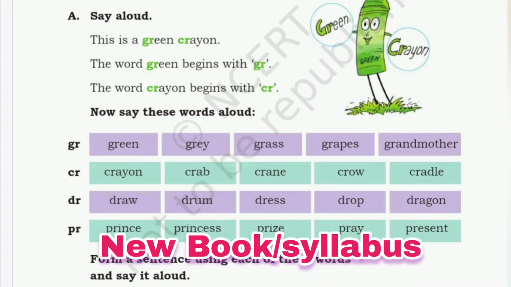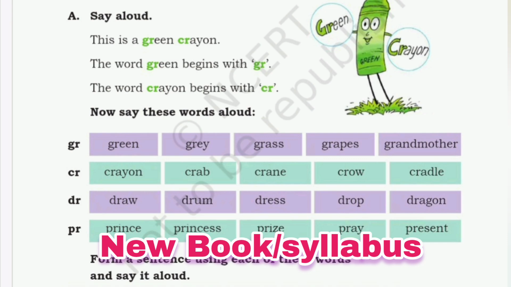Next is say aloud. This is a green crayon. The word green begins with GR. The word crayon begins with CR. Now say these words aloud. Here some words are given starting from GR, CR, DR and PR. We have to read these words aloud. The words that start with GR are GREEN, GREY, GRASS, GRAPES,